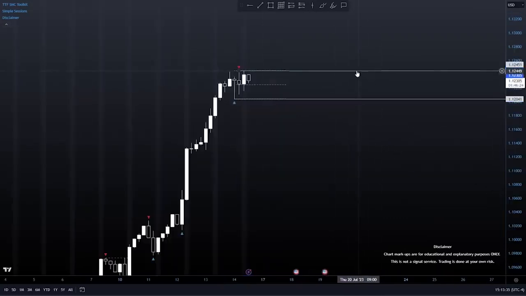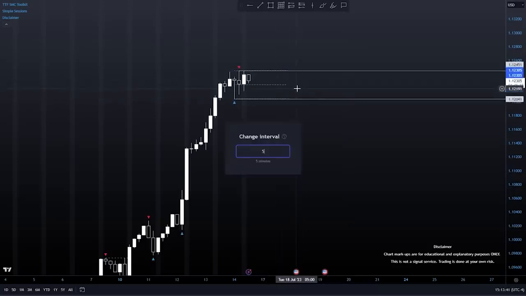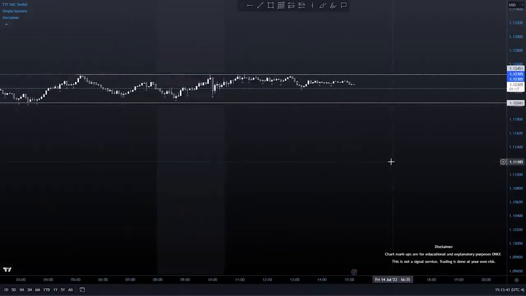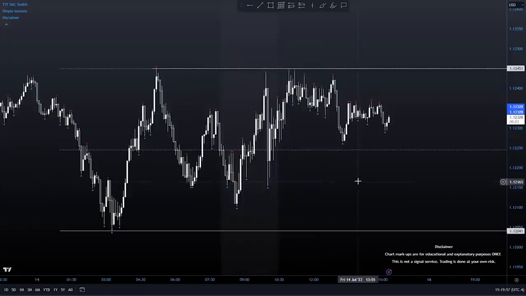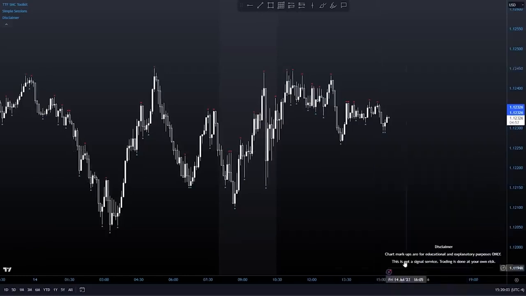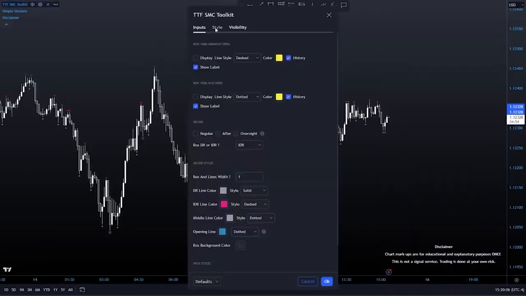Now that we've identified our 4-hour range high and range low and drawn our equilibrium to denote the premium and discount zones of the 4-hour range, we can hop down to a lower time frame to look for reasons to go long from discount or short from premium. The last tool that aids with drawing mechanical levels and biases is the DR-IDR tool originally developed by the master. To access this tool, we come into the toolkit and come down to the DR-IDR section and click any of